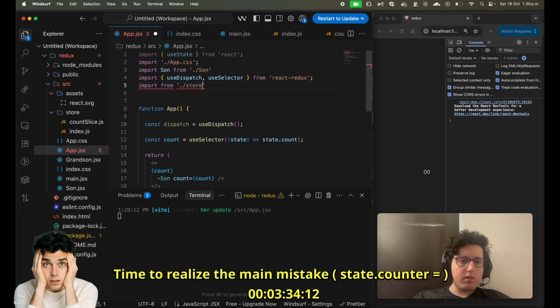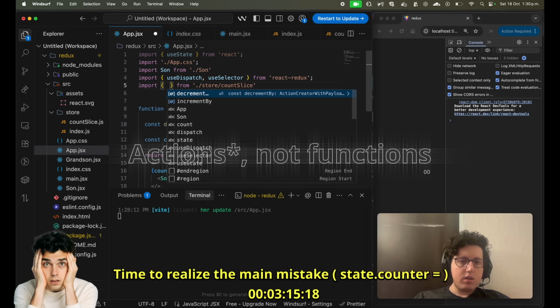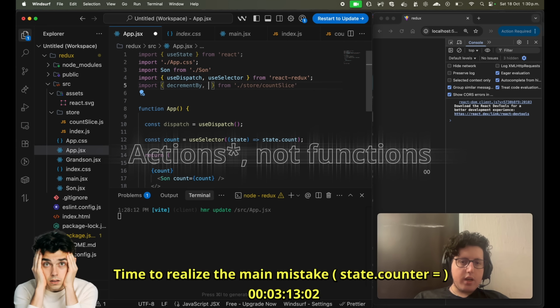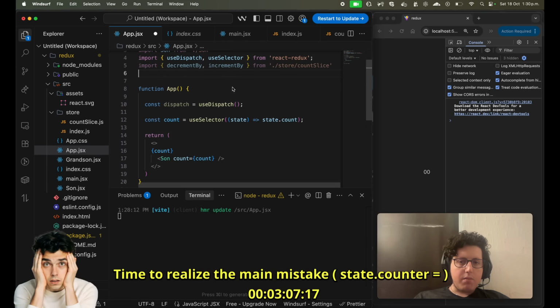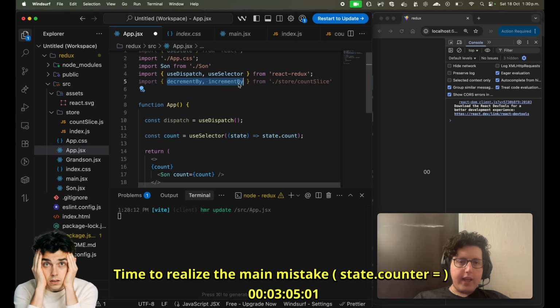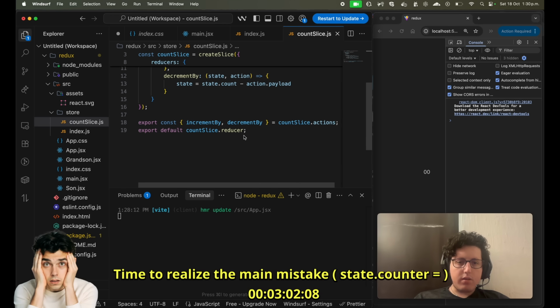No, wait, we are here with the store and then the count slice, and we should be able to import the functions. Yeah, decrementBy and incrementBy. So we import the actions from the counter because they are being exported. The count slice actions are exported. Okay,